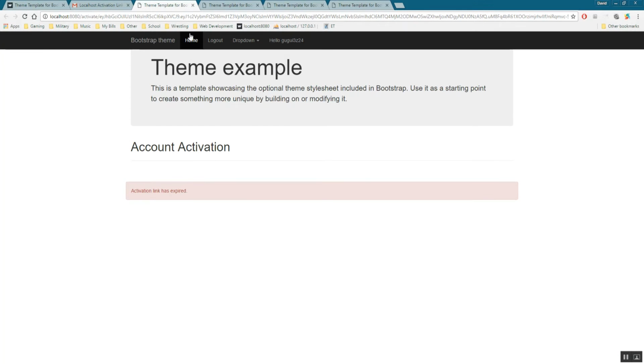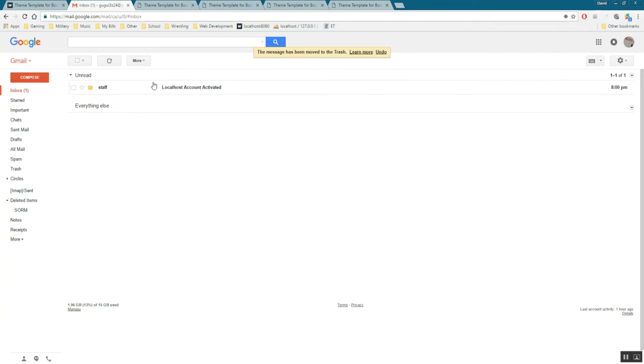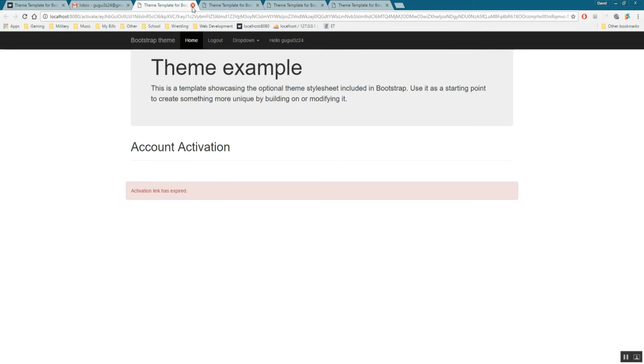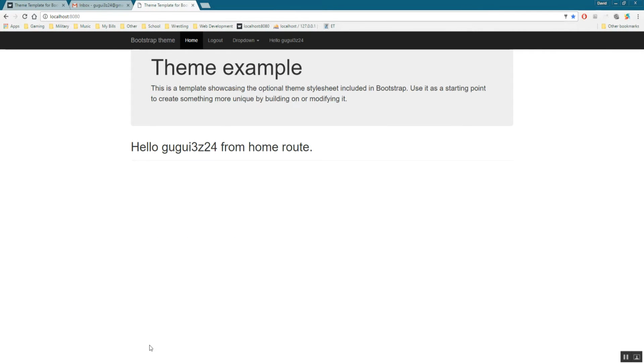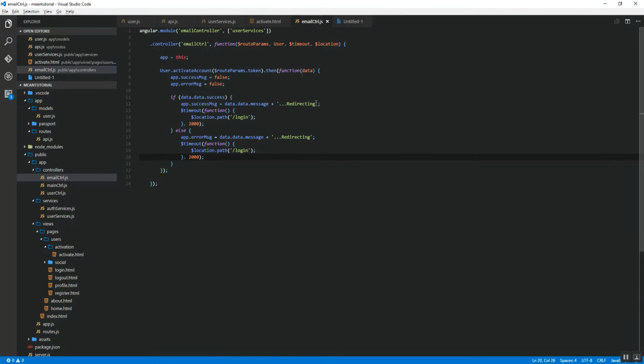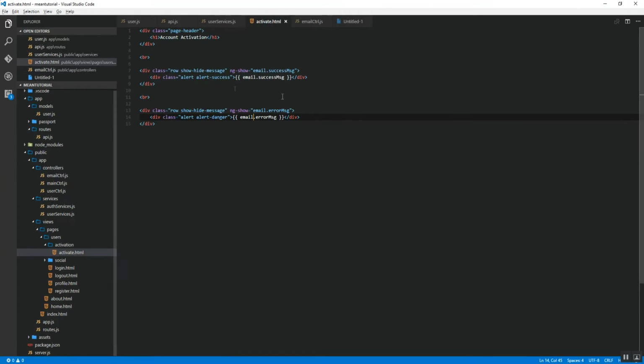So what happens if the user loses their activation link, right? We want to give them an option to request a new link. So what we'll do is we'll add a button next to this message that says request new link. So how do we do that? Well, let's go into the activate HTML page. And of course, they're only going to need a new one after the error message. They won't need one if it's success, obviously. So we'll say,